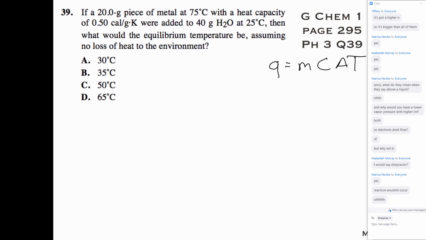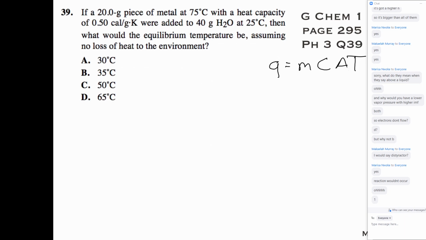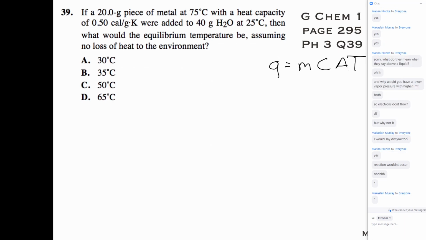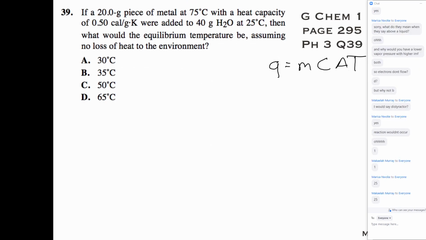How many agree it's got to be somewhere between 75 and 25, which doesn't help me at all. So now I actually have to consider what's going into the relationship. So first off, what is the heat capacity of water? But it's a definition, 1, perfect. So water absorbs more heat and there is more water. So do you agree it's probably going to be closer to 25 or 75? What's your instinct tell you? Going to be closer to 25, so it's going to be